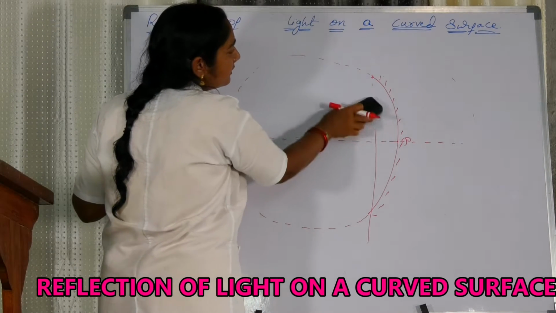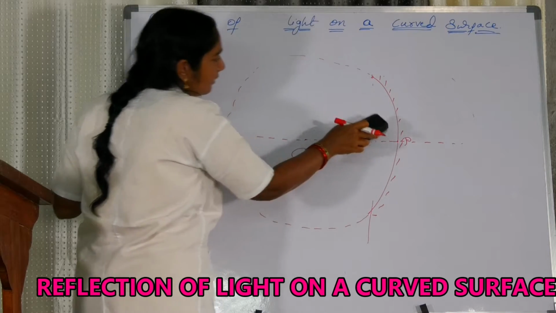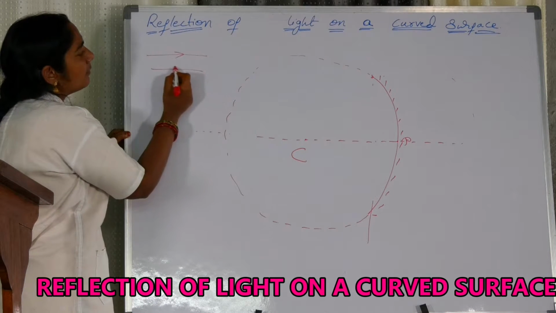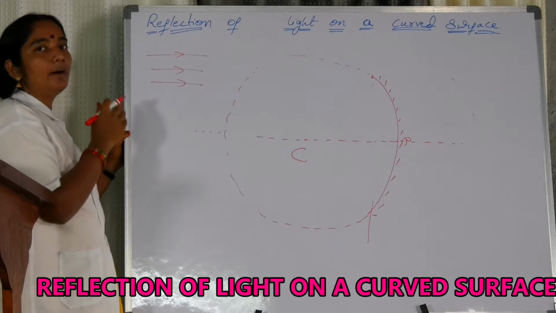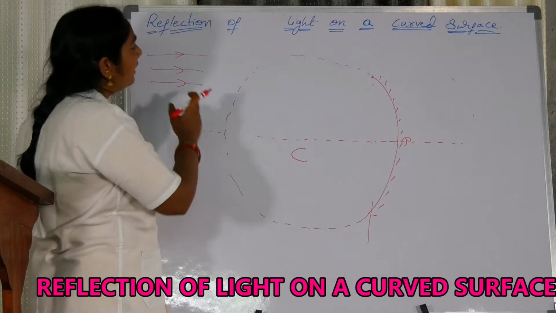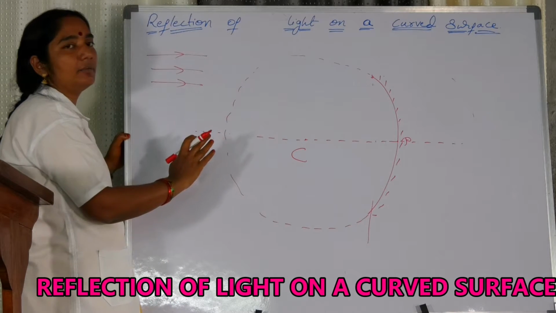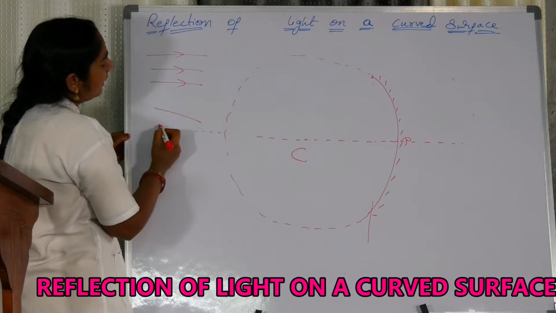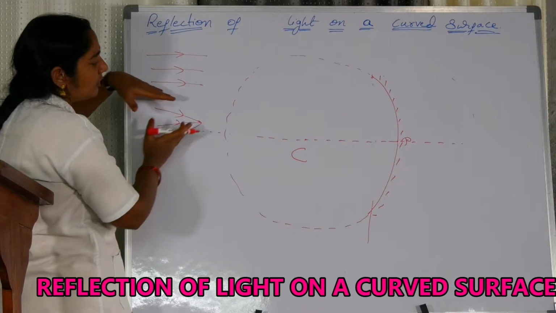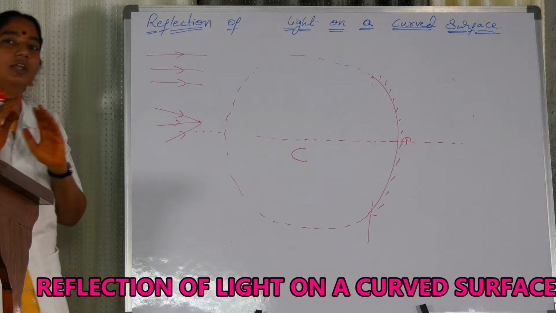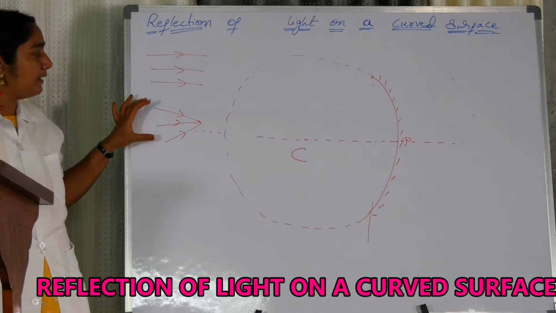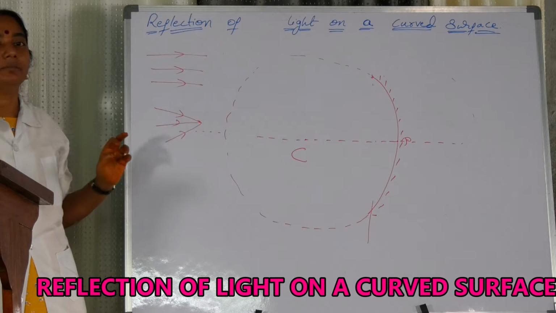And next thing is, when a reflecting surface receives a parallel beam of light, here the light ray which is coming from a far off distance, we have a parallel beam. For example, the light which is coming from the sun is a parallel beam. Any light which is starting from a long distance is a parallel beam. For example, there is a converging beam. Converging means the light is coming to a single point. For example, if you pass the light through a convex lens, then the light will be converging to a point. This is called a converging beam.